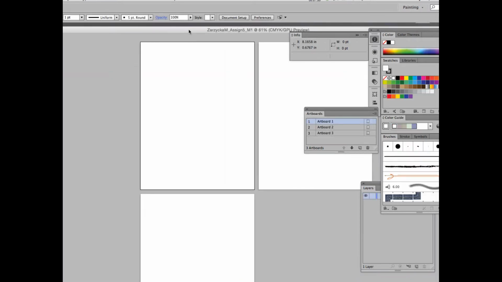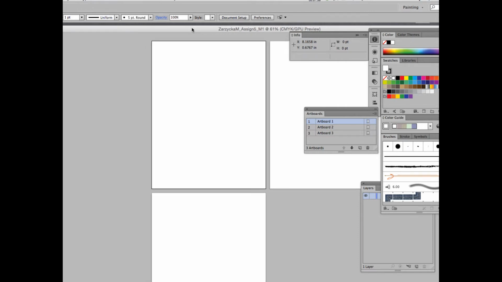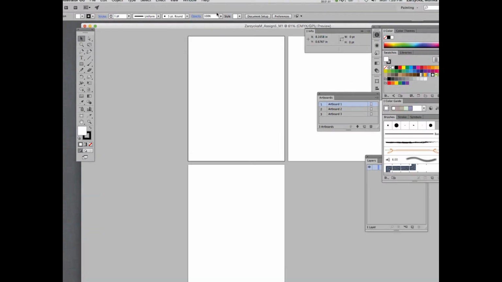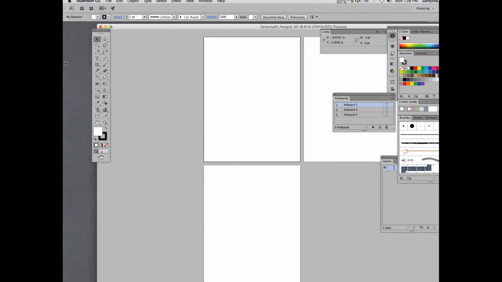So first thing we're going to do, and actually before we go into this assignment, I want you to see something neat. Remember when we did the polygonal tool and then we divided it and did all that stuff? I want you to see what other things you can do using other options, not only the live paint. So what I want you to just do really quickly on this artboard is